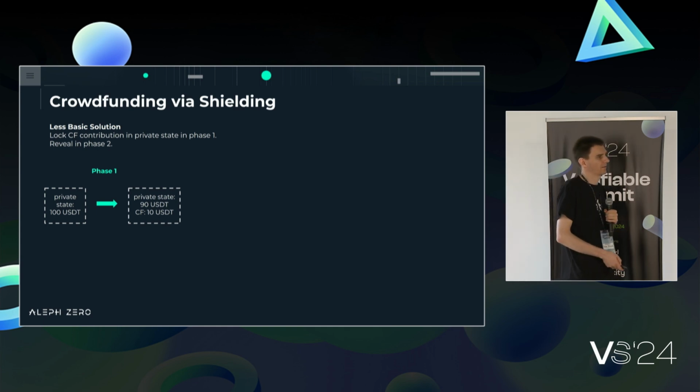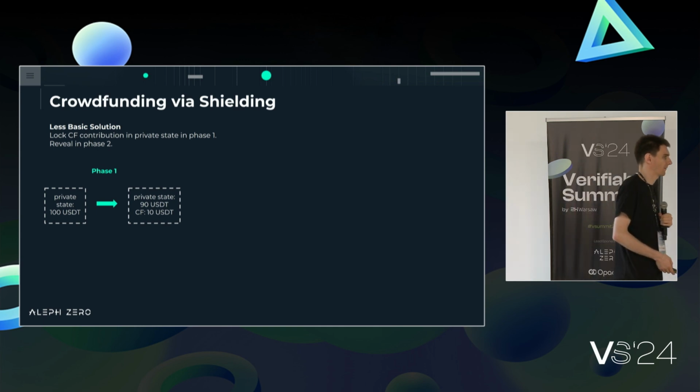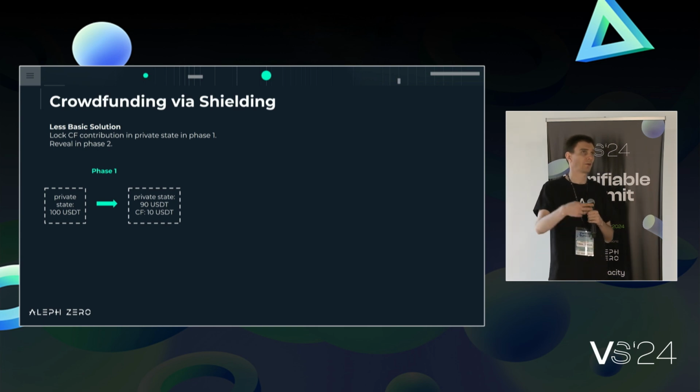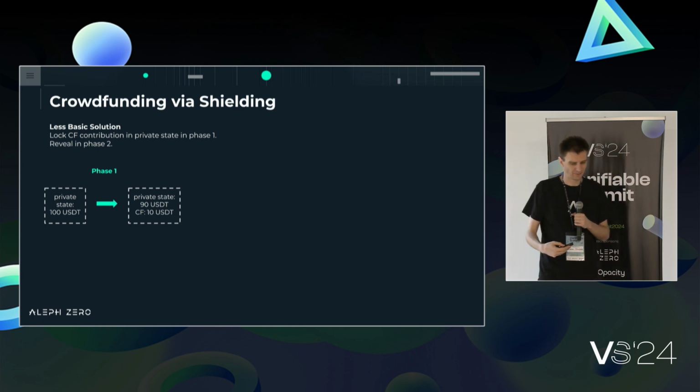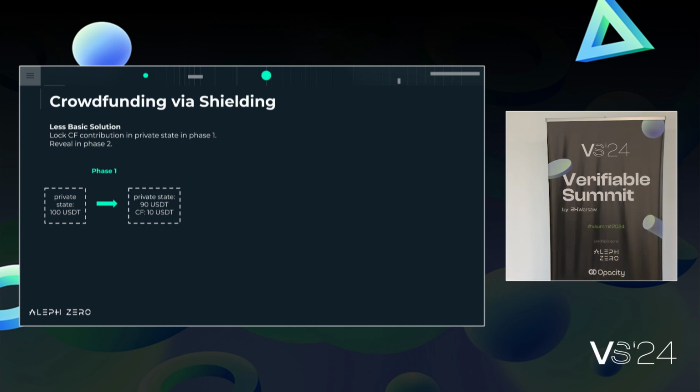And well, maybe we could instead keep in our private state a record that a contribution to the crowdfunding was done. So when we make a transaction, we move some of our main funds to funds marked as contributions to the crowdfunding. Okay. So this is how the state transition would look like. Note that this is now private. So an outside user sees essentially nothing. He might see that there was a contribution made to the crowdfunding, but nothing else.